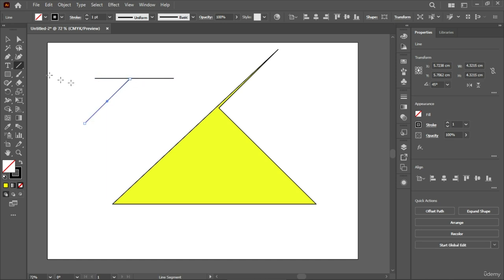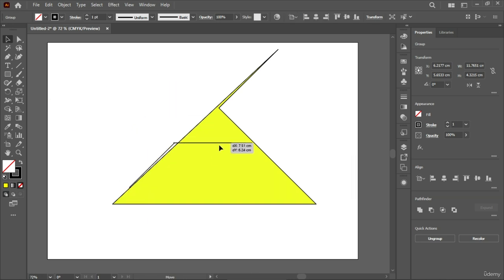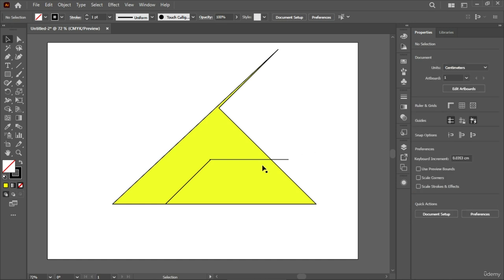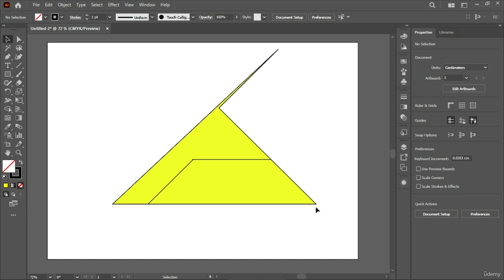Okay, now I'll use the selection tool to bring the line to the corner right there. After that, let me group them both together so that I don't have to move them in any awkward fashion. All right, now that we are done, there you go. Now I want to bring this corner right here,